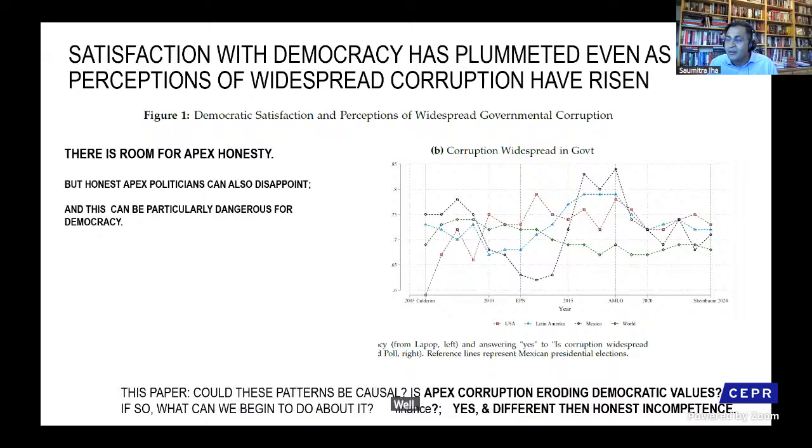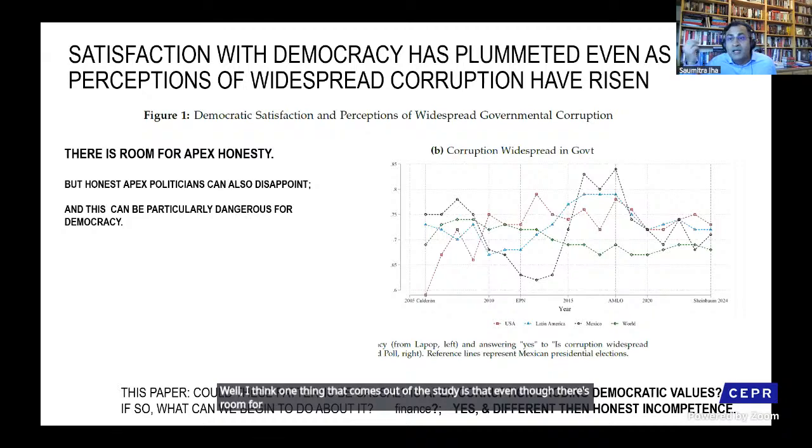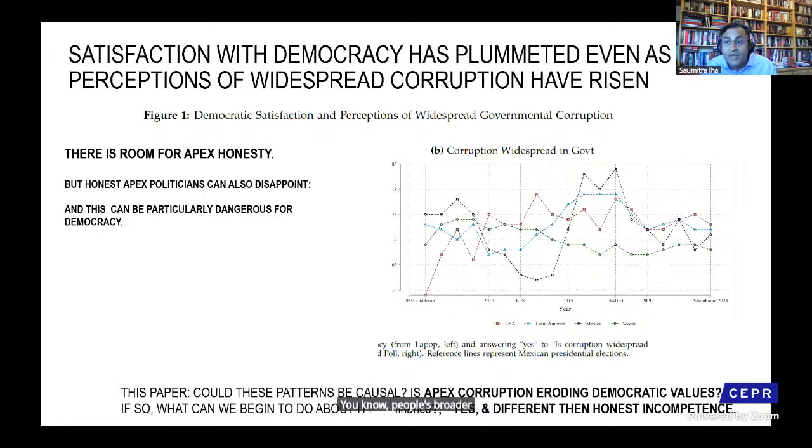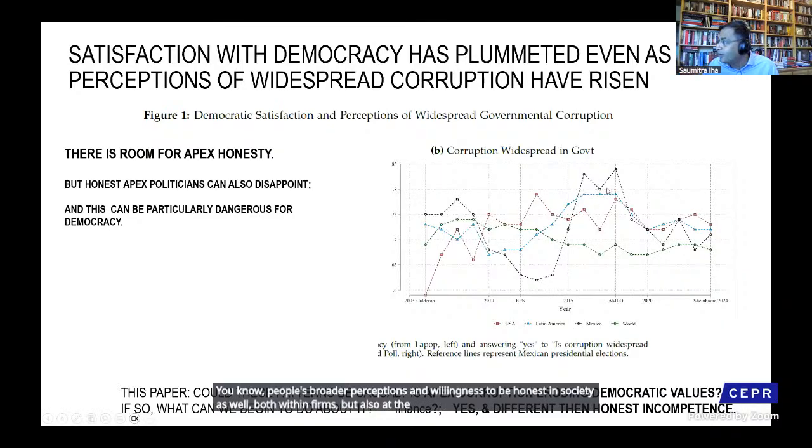Well, I think one thing that comes out of the study is that even though there's room for the implication that apex corruption can have these effects, it also means there's room for apex honesty. If you see honest people at the very top of government, this can change people's broader perceptions and willingness to be honest in society as well, both within firms, but also at the level of the state. And you can see even with AMLO, the perceptions of corruption, the widespread nature of corruption in Mexico have